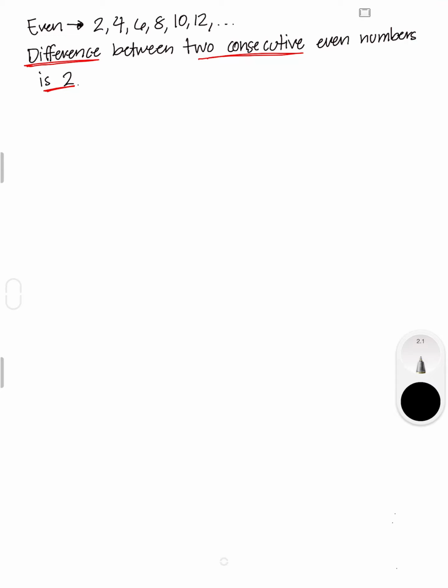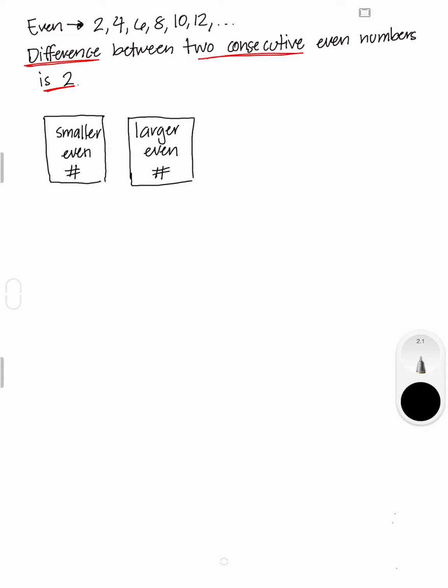So we are working with two numbers. So we have the smaller even number or integer, and then we have a larger even number, right? And those are the two that we are trying to find. Now it's talking about the sum of these two consecutive even numbers. So that means that we're going to be adding these two. So this plus comes from the fact that it says the sum, right? Now it says that this is, so the sum is, so that means equal sign,